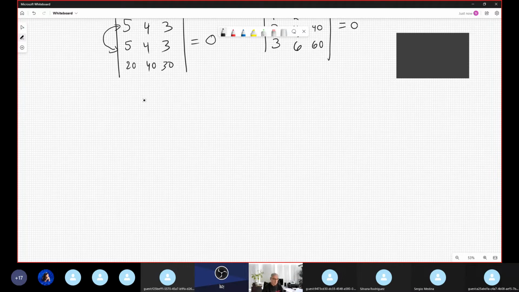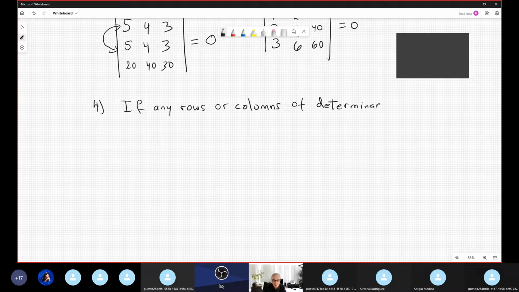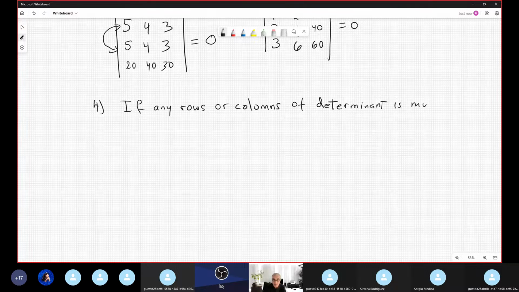Now property number 4 says, if any row or column of a determinant is multiplied by a number,